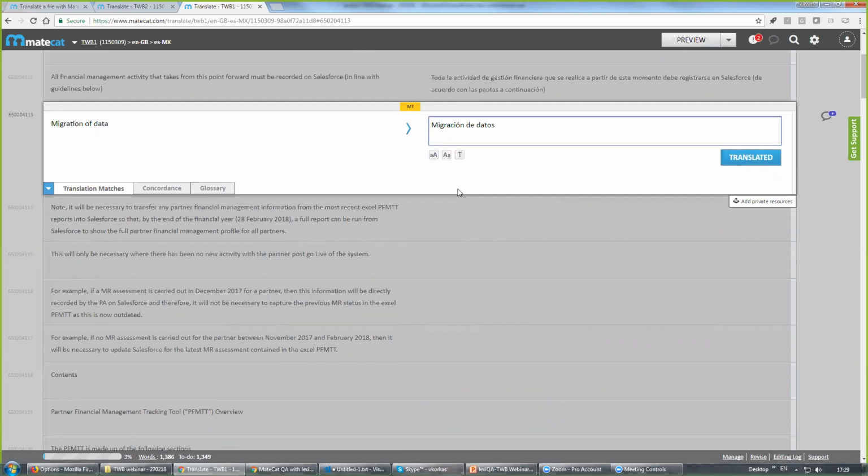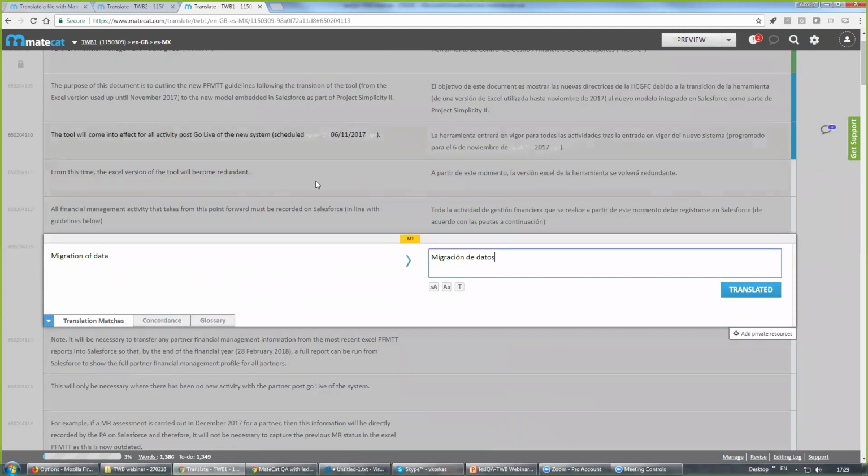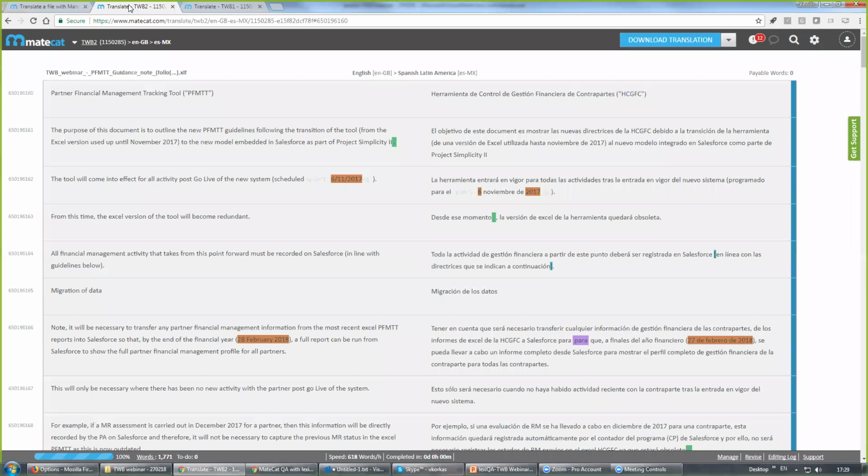The main issues that I wanted to point out were the locale-specific checks, like the ones we saw with the date earlier, and the tooltip that comes up every time you have an issue, so that you can use the information in the tooltip to make a decision about what error you're dealing with and whether you want to correct it or ignore it. So that's the main functionality that you will need when it comes to a live translation scenario. Now, I'm going to switch over to a revision scenario